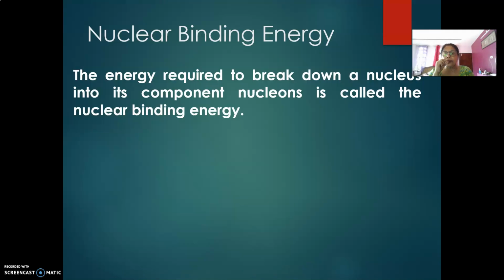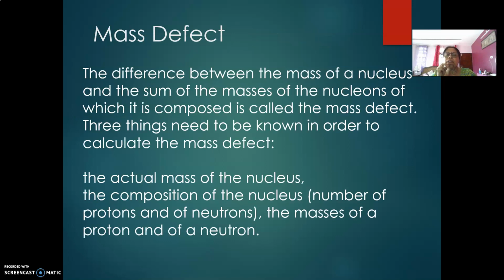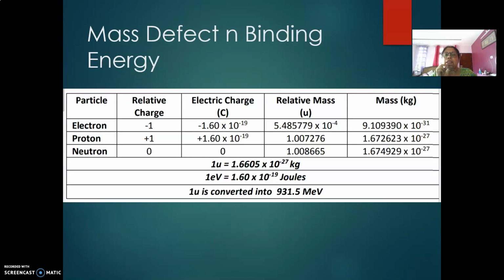And today, after knowing a little bit about the binding energy, we did some sums also. After knowing the nuclear binding energy and what mass defect is, let us try to solve a few problems. These are very basic problems, and we will do them one by one, and this idea will ultimately help us to know about the different units we use in bioinorganic chemistry.